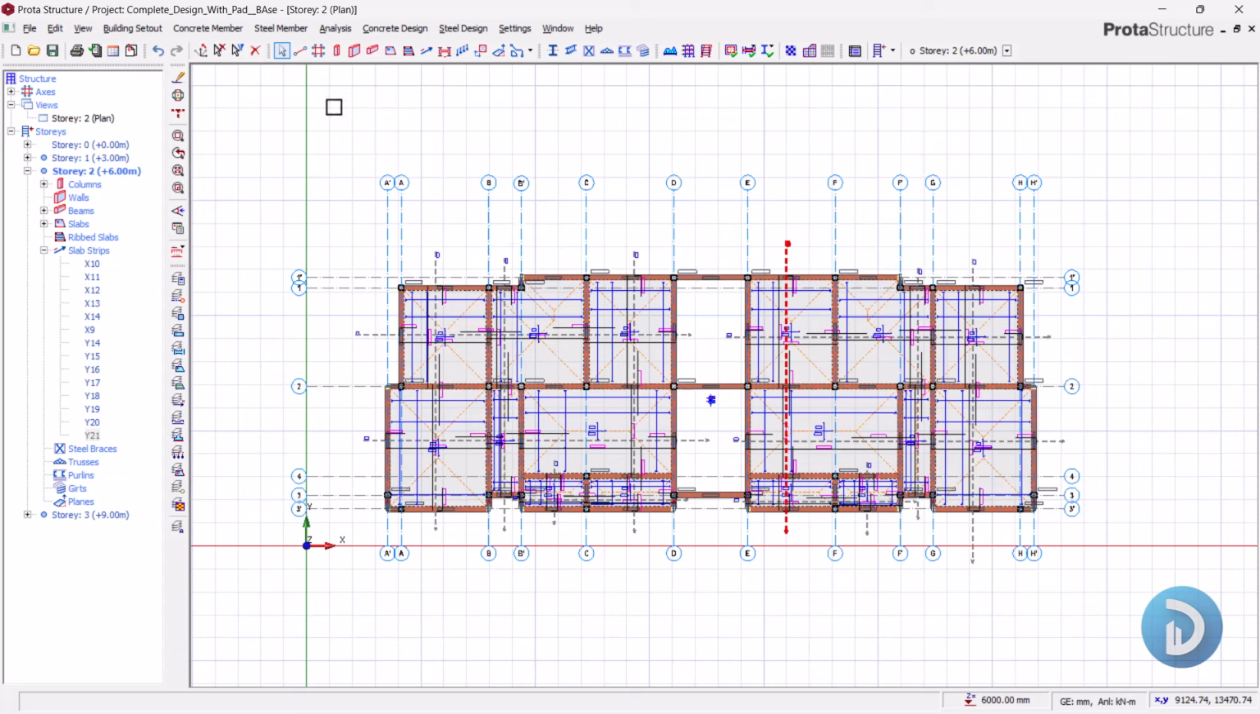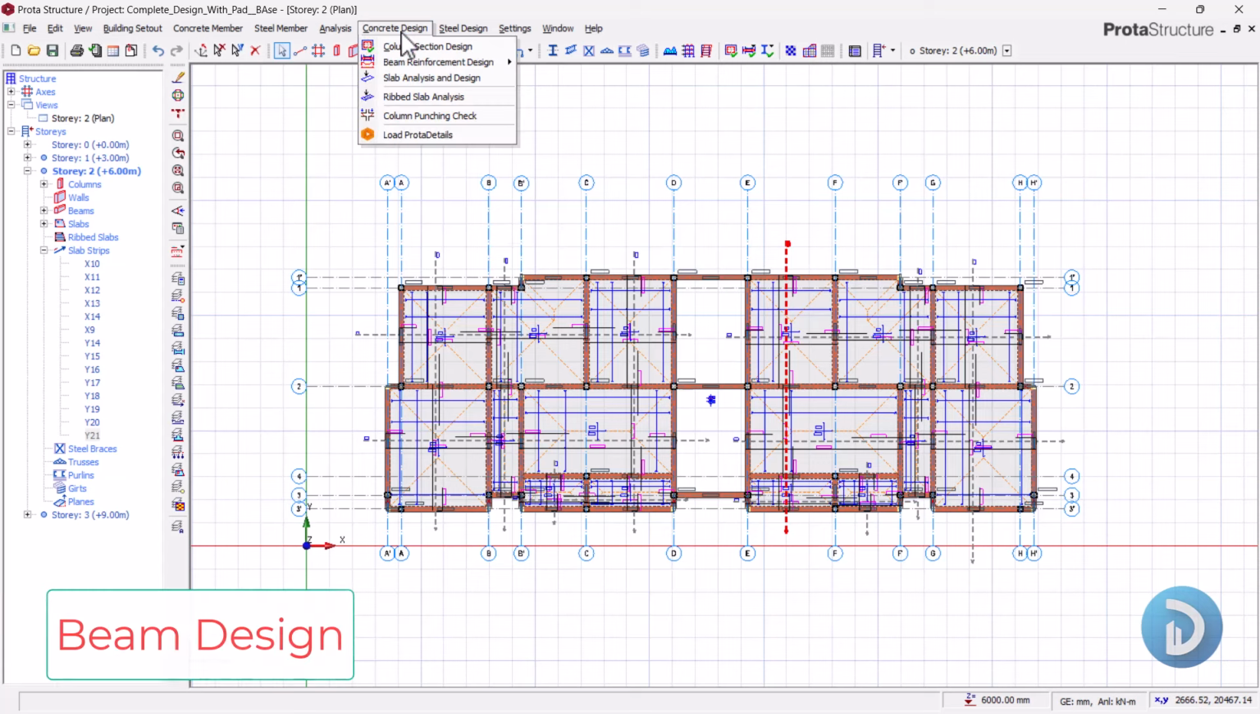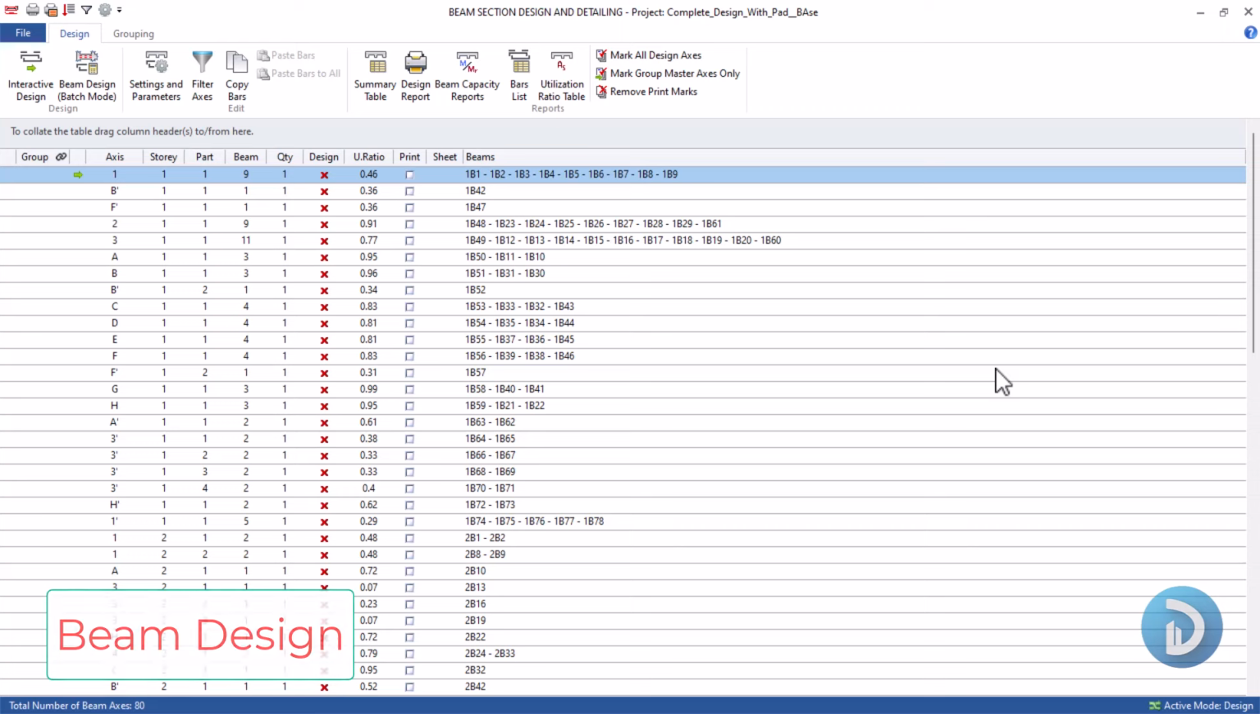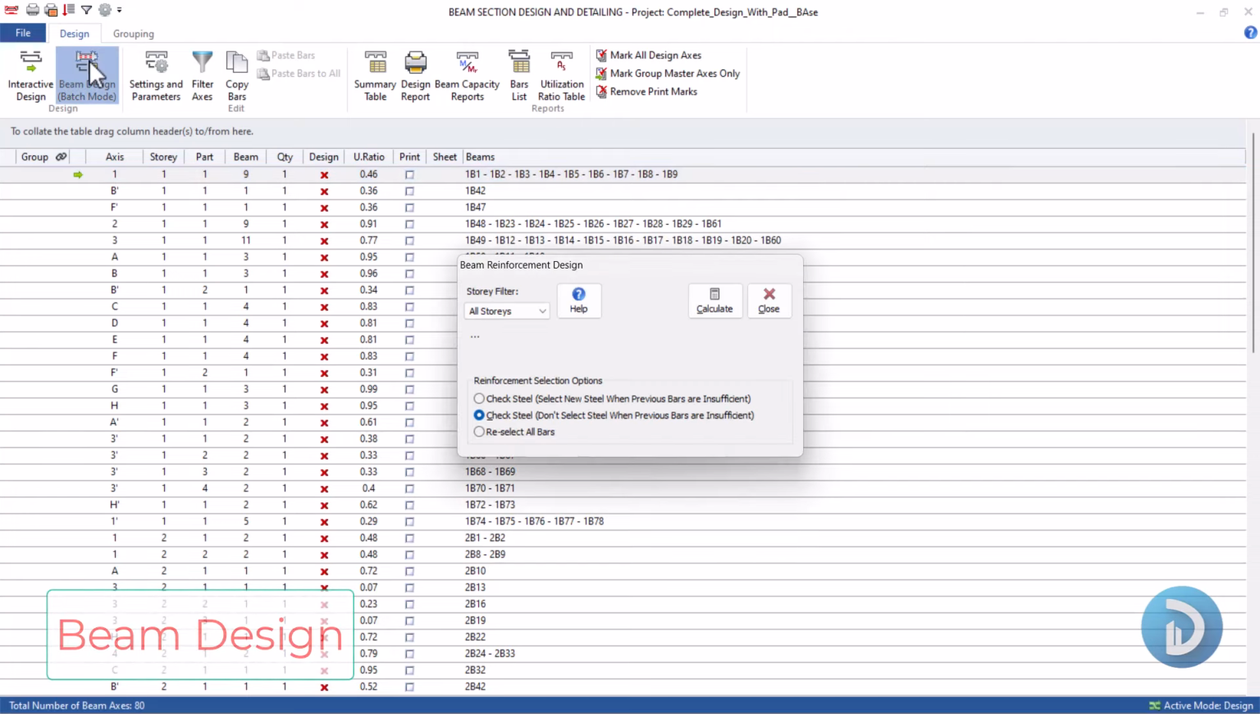And to design our beams, we'll come to concrete design. I will click on beam reinforcement design. Then we'll click on story beams. So by default, every one of these beams on this model should be failing because we've not done any previous analysis, any previous design. So what we'll do to design these beams is we'll click on beam design batch mode, and since we are designing the beams on all stories, select all stories, unless you want to design for a specific story, and we'll click on reselect all bars. So this will perform a thorough, fresh design. So we'll click on calculate,